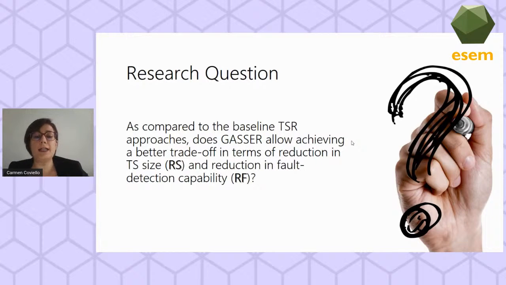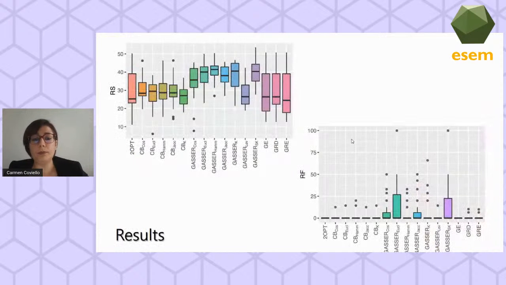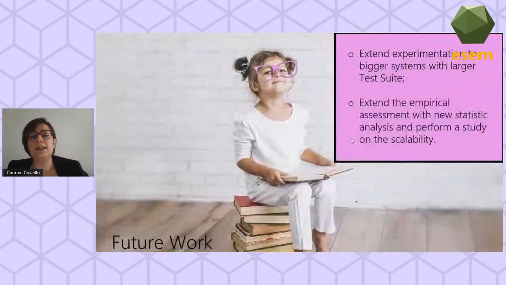In particular, we ran Gasser on 19 versions of 4 Java systems, and we compare the best trade-off obtained by Gasser with the results of 9 test suite reduction baseline approaches. Results show that some instances of the Gasser approach, and in particular Gasser Hemming, allow obtaining a better result in terms of reduction in test suite size and reduction in fault detection capability as compared to the baseline test suite reduction approaches. And these results justify our research on the use of genetic algorithm to reduce the size of the